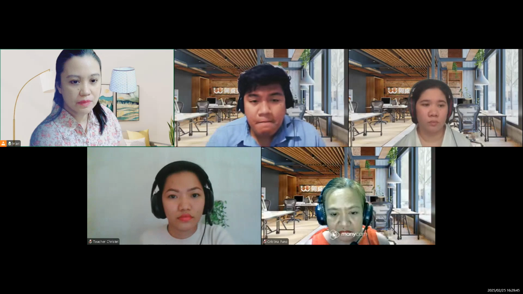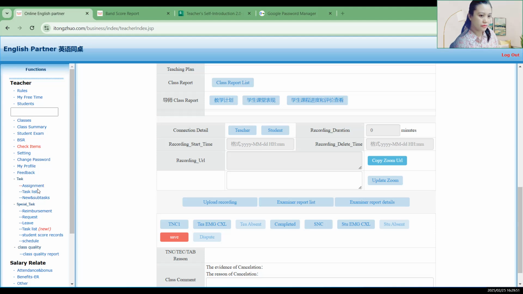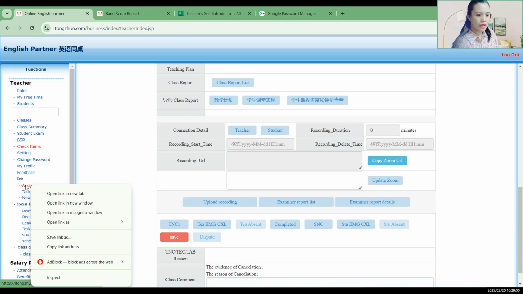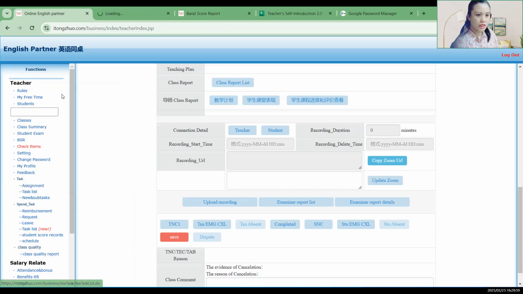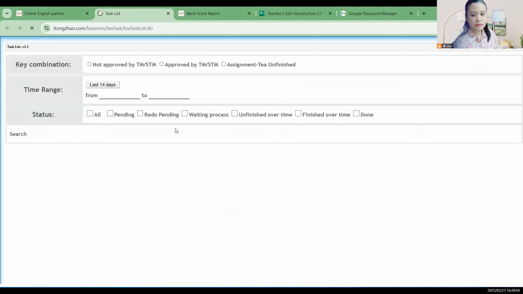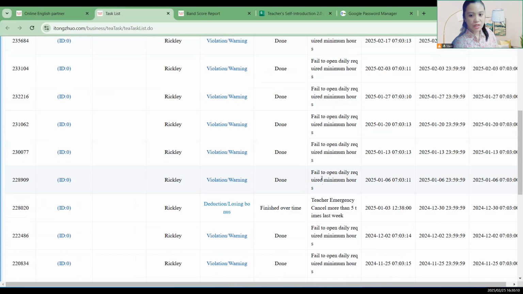Assignment is here. It's in the teacher system as well. Here, task, assignment. So, ang ginawa ko is nag-right click ako, open in new tab. So, ganyan siya. You need to click whatever is your assignment.